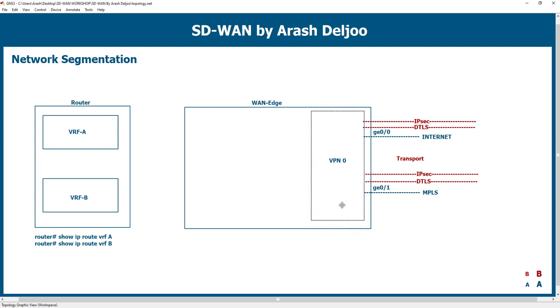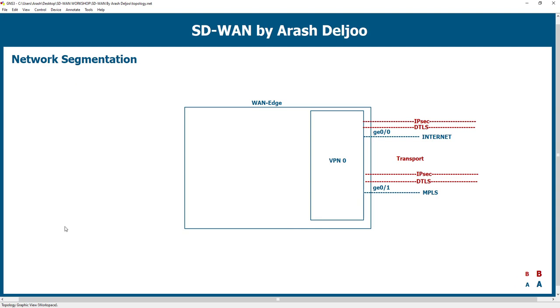And also, you can have some other VPNs for connecting your WAN edge to the LAN side. For example, maybe we have two VPNs, VPN 1 and VPN 2, for two virtual standalone routers. This is VPN 1, you can configure VPN 1 and VPN 2. This is exactly the same as VRF. I have two networks and I have